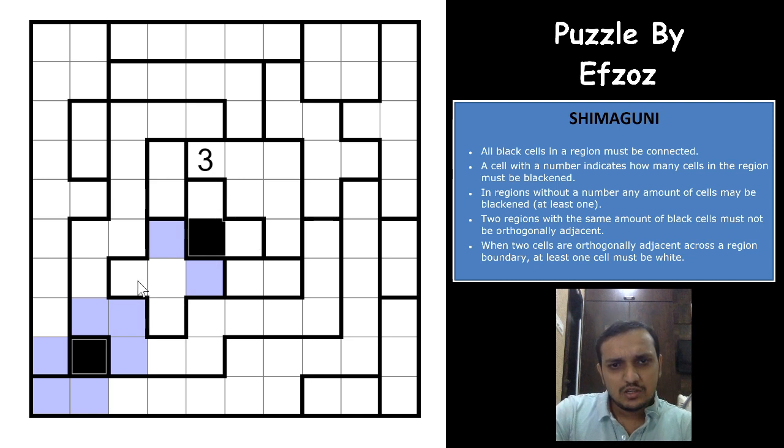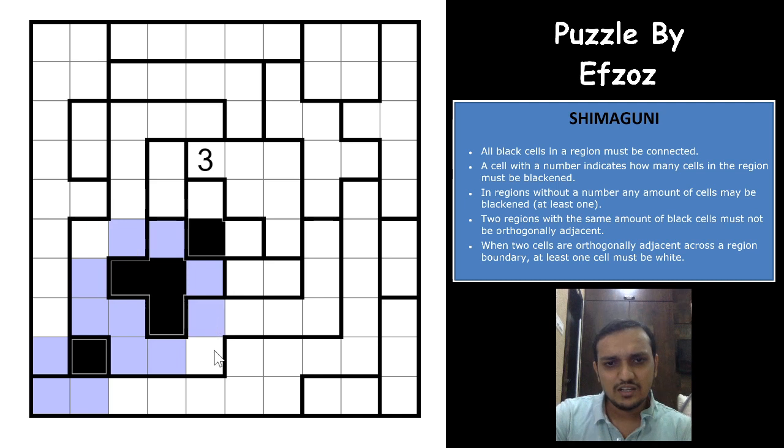Okay, there's an excellent logic here. So if it is a 2 shaded here, this region would have to be 1, and if this region is one cell shaded, this region would have to be 2. So whatever you do, one of these 2 regions will be having 1 shaded cell and the other will have 2 shaded cells, which means that this region plus symbol will need to have 3 shaded cells. Excellent, right? And this will be unshaded, this will be unshaded, because you already have a shaded cell in this region, right? Excellent. What an excellent logic this was. So that was a really good logic here.